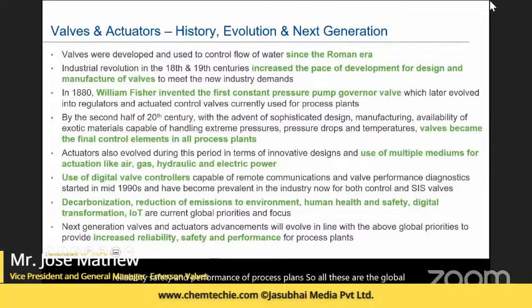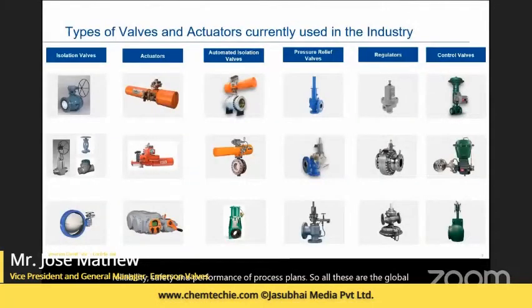If we move to the next, I just want to give a quick snapshot of the different types of valves and actuators used in the industry now. If you start from the left, there are the isolation valves, which are typically manually operated. So you have the normal globe, ball valves, the gate, globe, check, and also the butterfly valves, which are typically used with hand wheels. Then if you move to the right, you have actuators, which are either